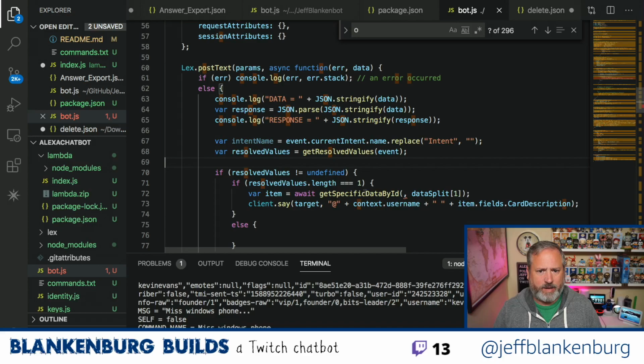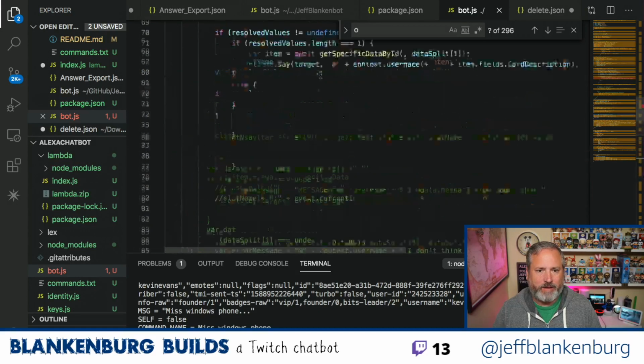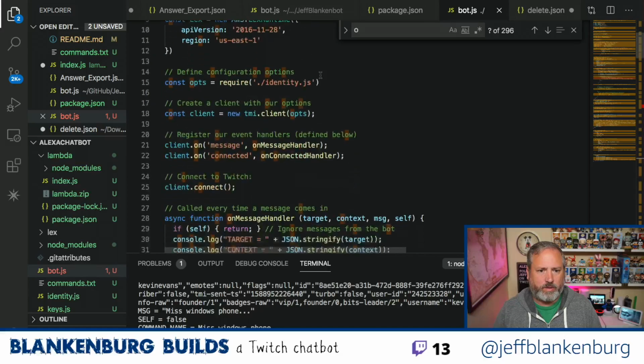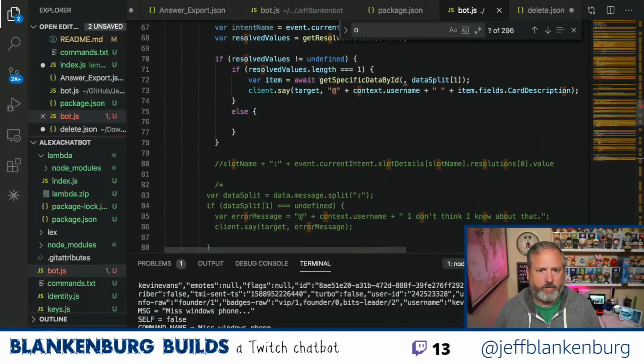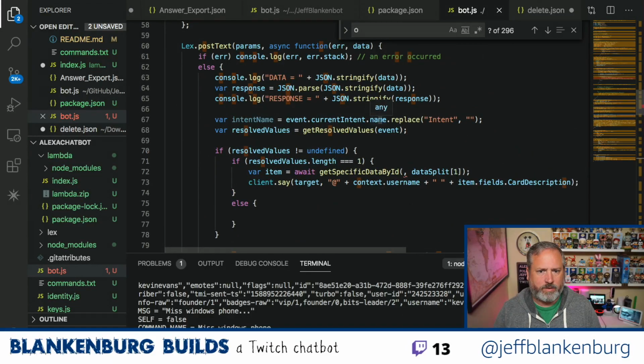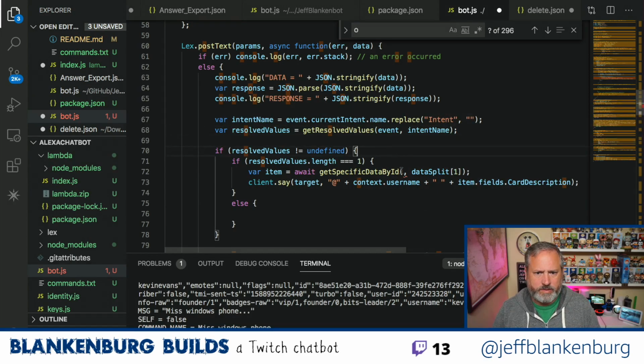And so then here, what am I doing with get specific data? What are the two values I want? Table and then the value. So wherever I'm writing code, which looks like it's here, this needs to be event intent name. And then this needs to be, no, I don't want it to be intent name.